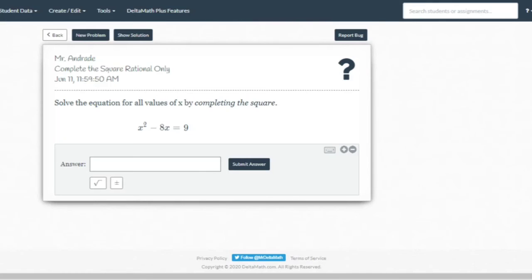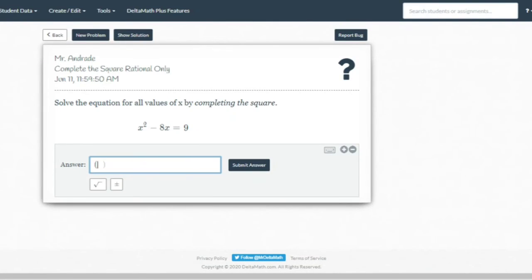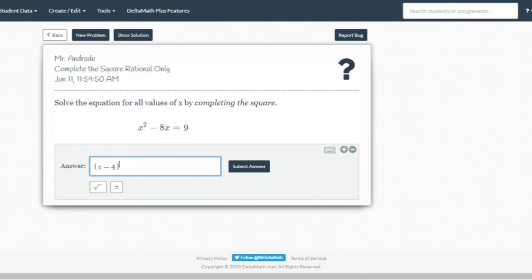So we would have x minus 4 squared equals 9 plus 4 squared would be 16. Now, we always add it to the other side. So even though b over 2 is negative, we're going to add b squared to the other side. Now, once we do this, 9 plus 16 is 25,